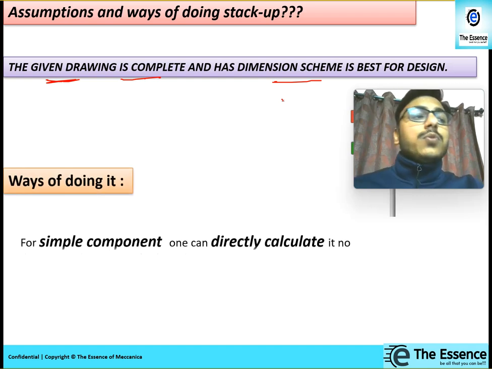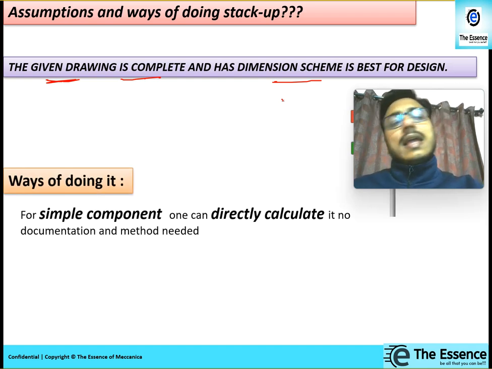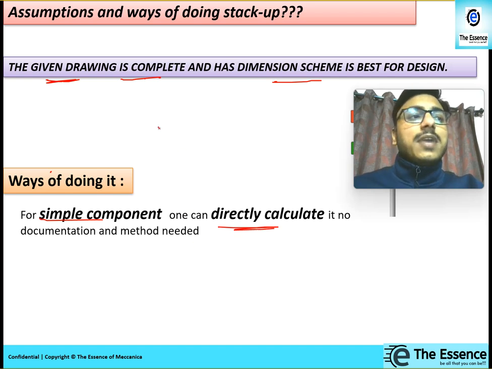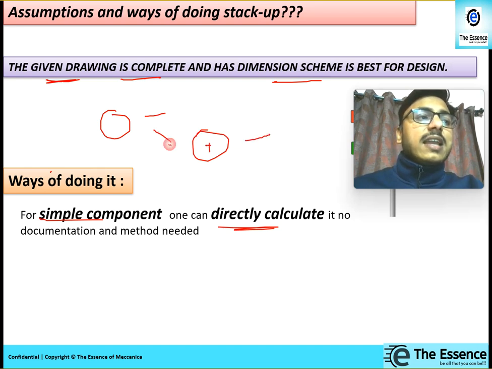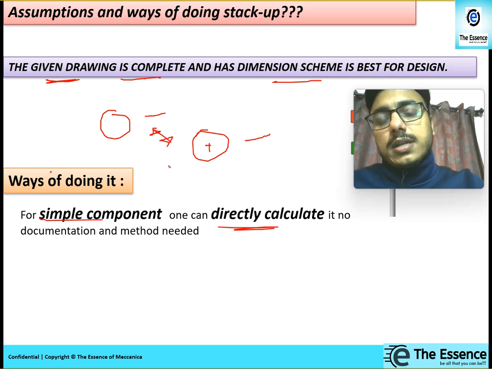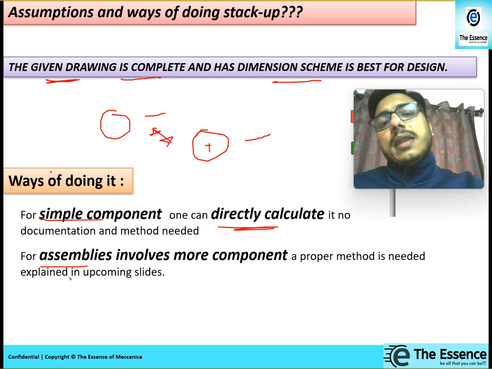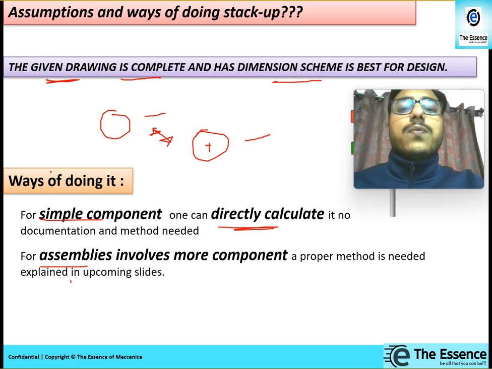Now, there are certain ways of doing it, like direct calculation. For a simple component, we can calculate directly. As we have already discussed, there is a pin of a certain diameter and a hole of a certain diameter. We can directly calculate whether this assembly is possible or not. But if many components are involved in the assemblies, we should follow a particular methodology that we are going to